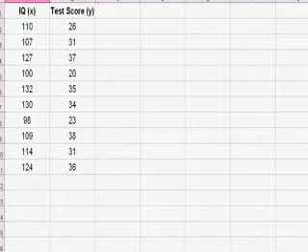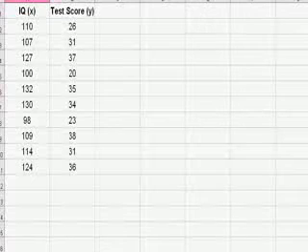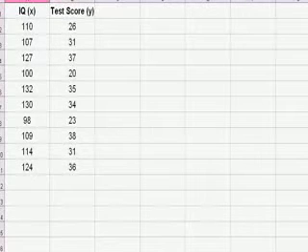The question that we need to answer reads as follows. They're telling us that we have a table indicating the IQ and test marks out of 50 for a mother tongue test for 10 learners. In other words, the first learner has an IQ of 110 and got 26 out of 50 for the mother